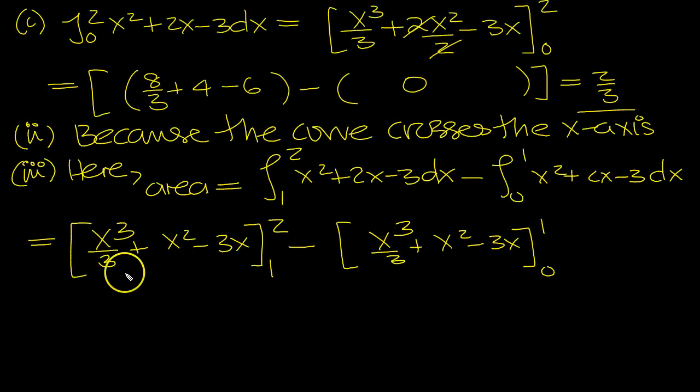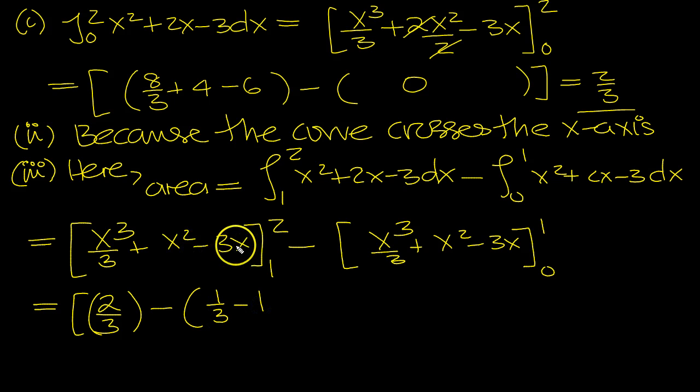So what have we got here? Okay, so we've got this top value is here, and that was 2/3, wasn't it, when we put in 2? So we can write 2/3 straight away. Take away the bottom value, put 1 in, 1/3, minus 1 squared is 1, 3 times 1 is 3. So there's the bottom value. Minus, now top value will be the bottom value that we just got here, wasn't it? So what is that? That would be 1/3,